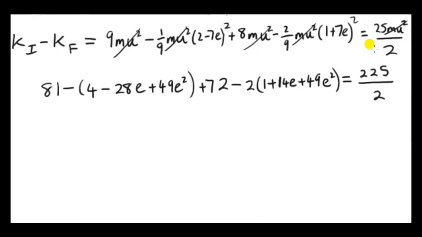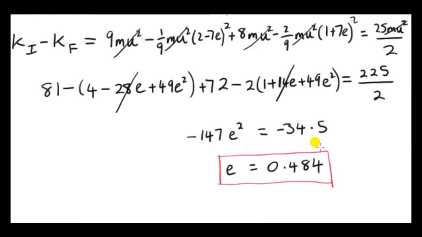Now I multiplied all this by 9. Now very fortunately this monstrosity simplifies down considerably. Notice that the term involving e cancels out. We've a plus 28 here, and over here we have minus 2 by plus 14, we have a minus 28. So the e term disappears. So, you know, it's going to simplify. This quadratic is much simpler now. It just has an e squared term. Okay, there's actually two solutions to this quadratic equation, plus or minus 0.484, but since e has to be positive, we obviously disregard minus 0.484 and we just accept the positive result,